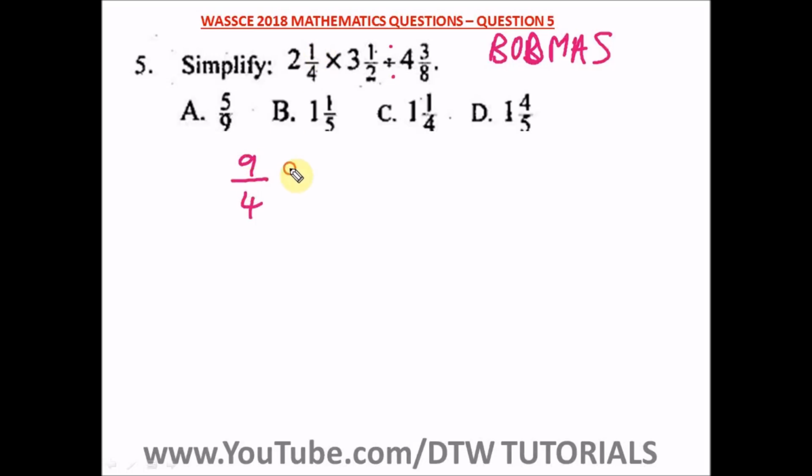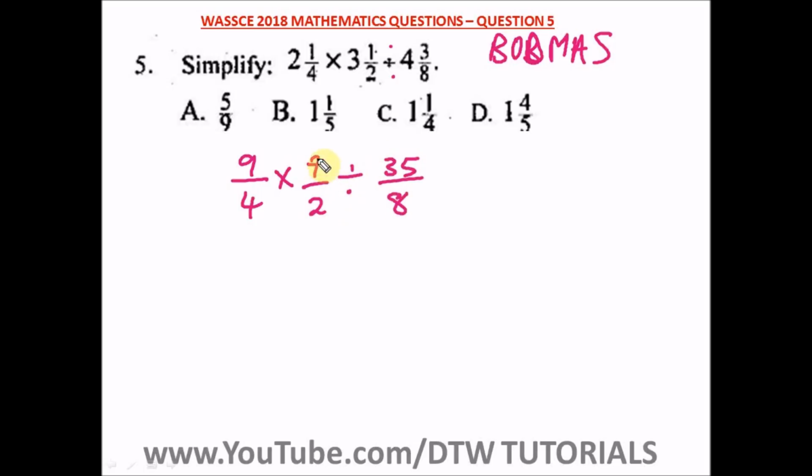9 over 4, times 3 times 2 is 6, and 6 plus 1 is 7 over 2, divided by 8 times 4 is 32, and 32 plus 3 will give us 35, divided by 8. So here we are to perform